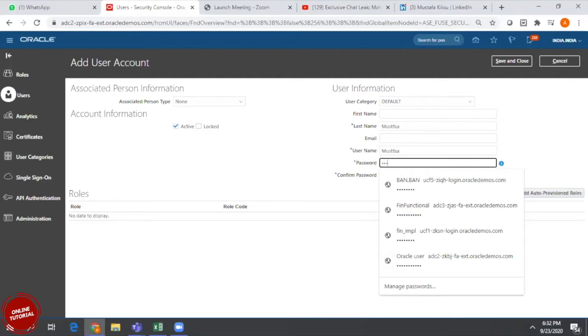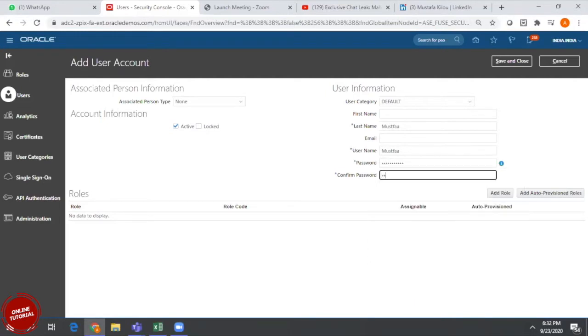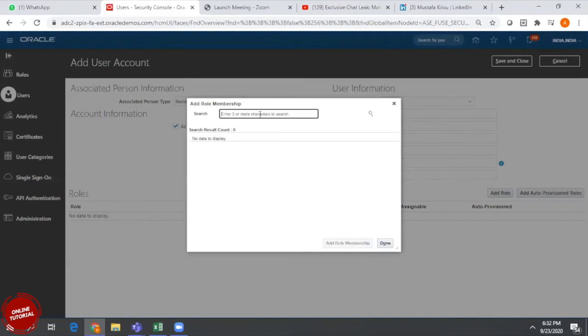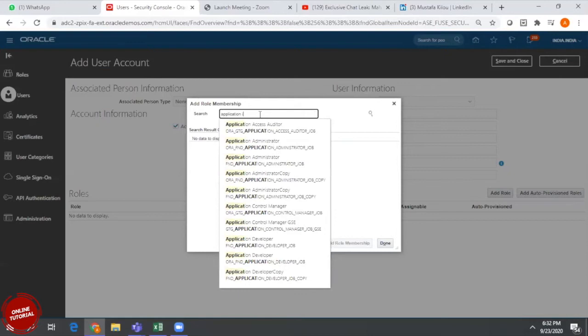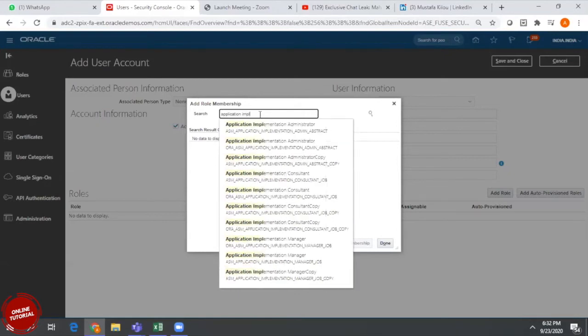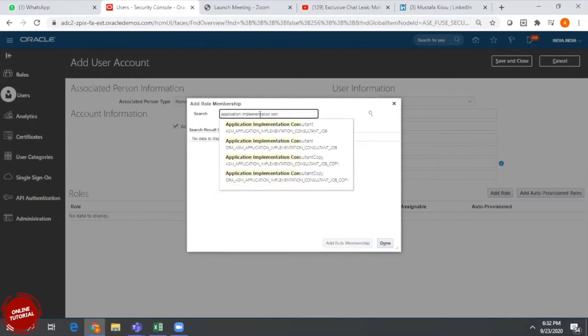The password we need to set. Assume that Oracle is setting this user ID, and once we define this, we need to assign the roles. Here we need to assign 3 different roles: application implementation consultant.